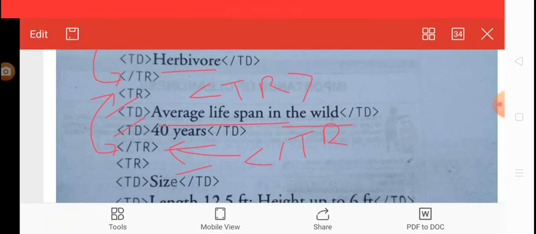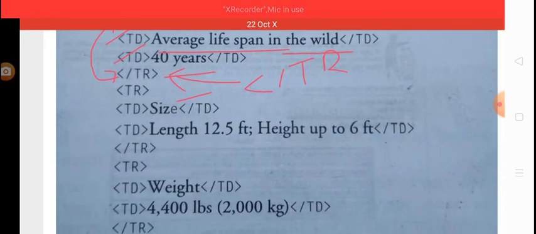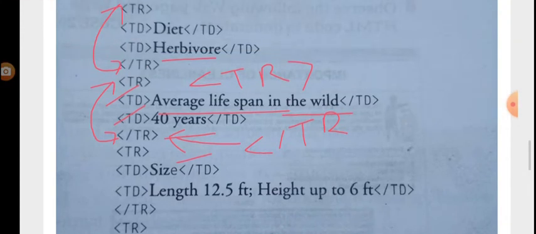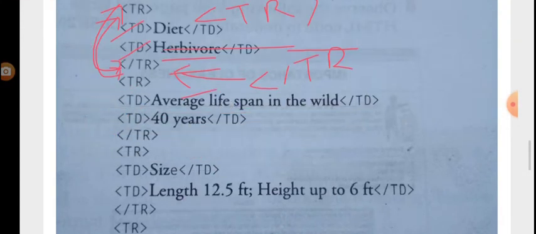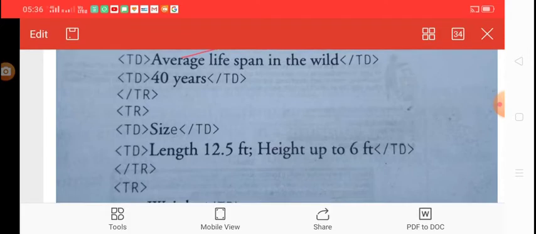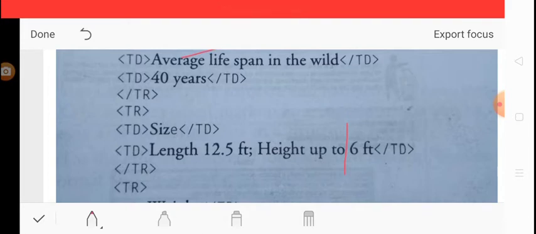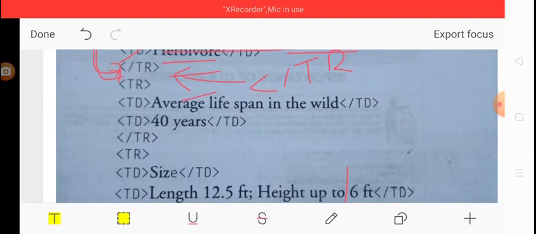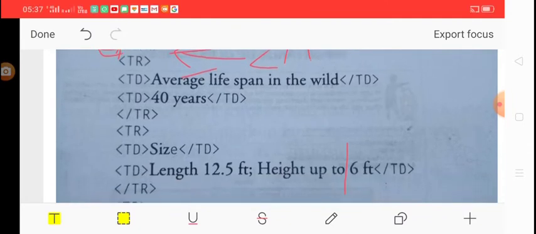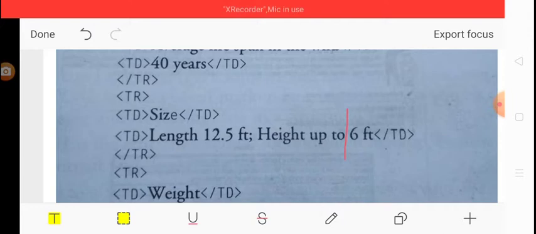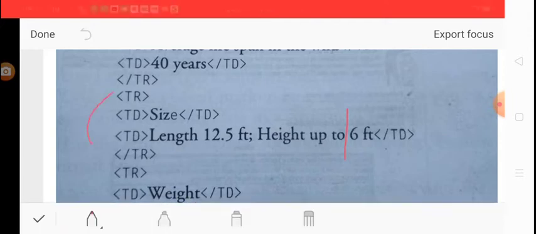Just after that, the fourth row begins, and you can easily see here. So the fourth row begins from here and ends here, and the data of the fourth row is written inside the TD tag.